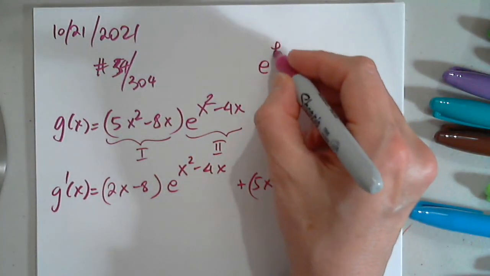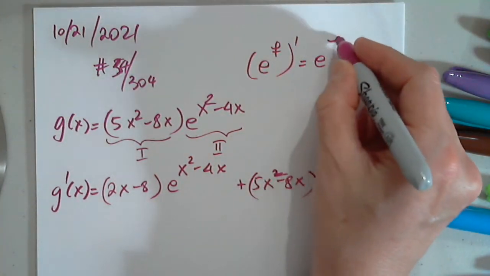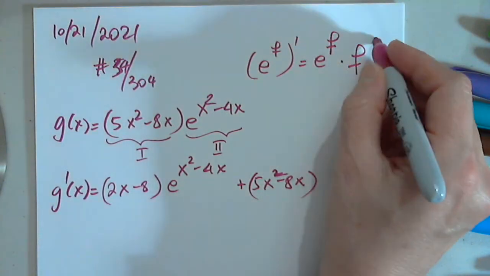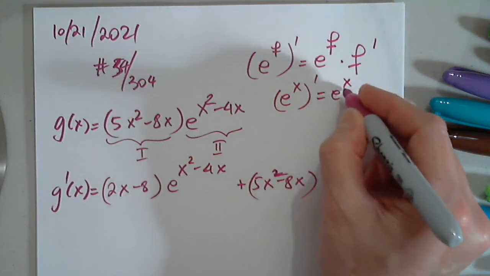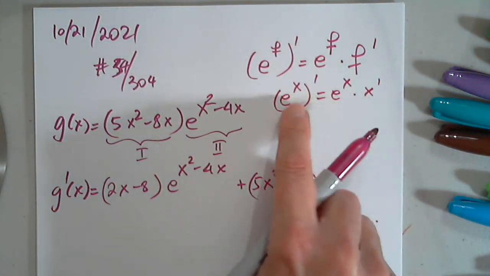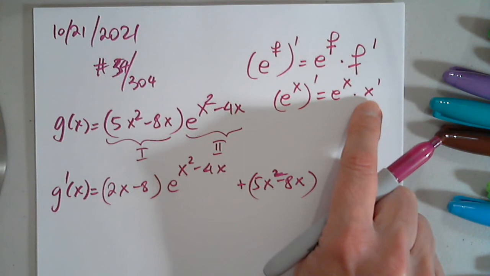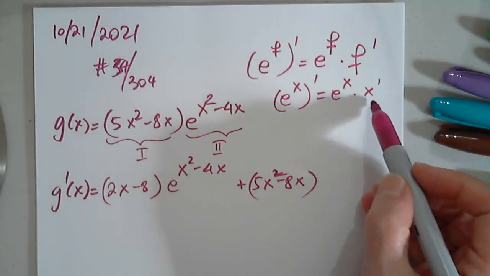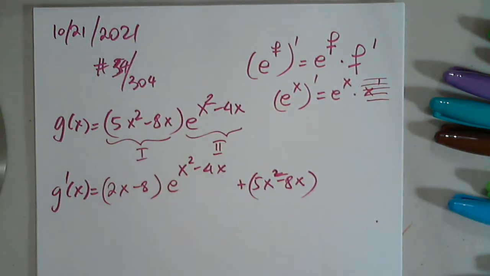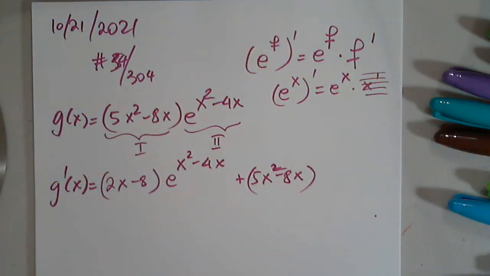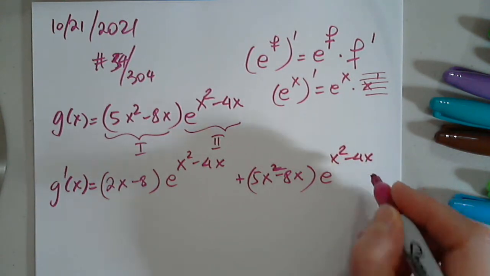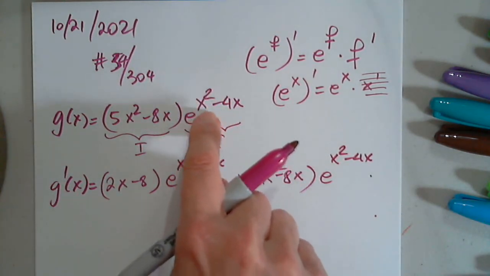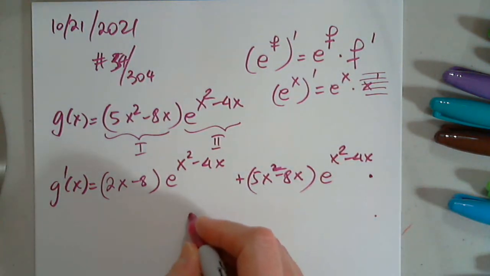Remember, e to a function prime is e to the function times the function prime. Pretty much with e to the x, e to the x prime is e to the x times x prime. But why don't I have to write x prime? Because x prime is 1. That's it. There is no need. So then e to x squared minus 4x times this function prime, which is 2x minus 4, times